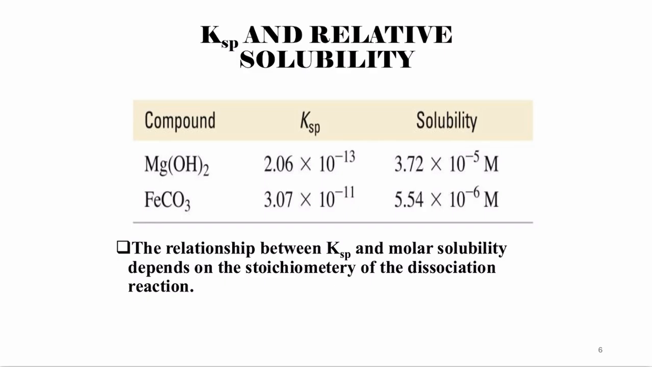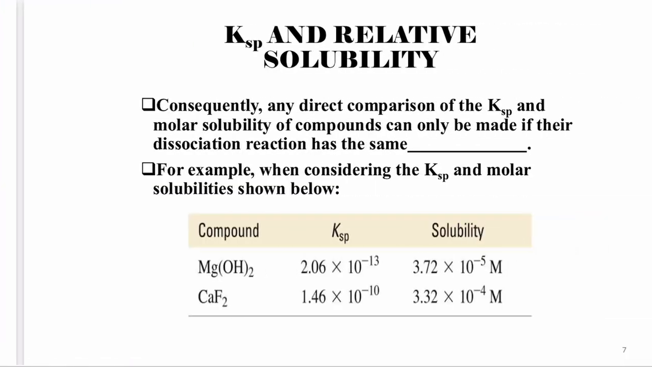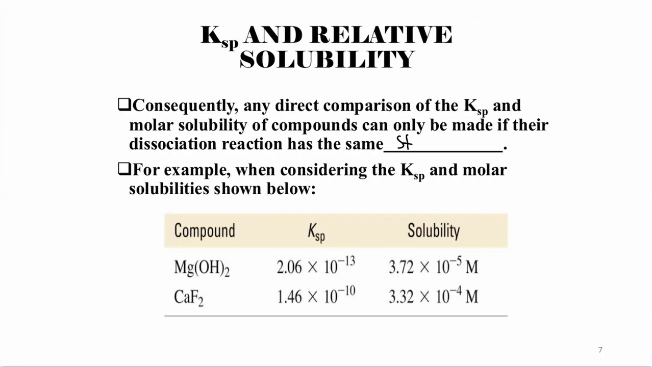So if we look at these two, the KSP is going up in value between these, but the molar solubility is actually going down between these two, right? So we can't compare the KSP between two different substances with the solubility of those two different substances. And that has to do with the dissociation of the reaction, right? Because the molar solubility is going to depend on the stoichiometry, right? So what I mean is it's only comparable if it has the same stoichiometry,